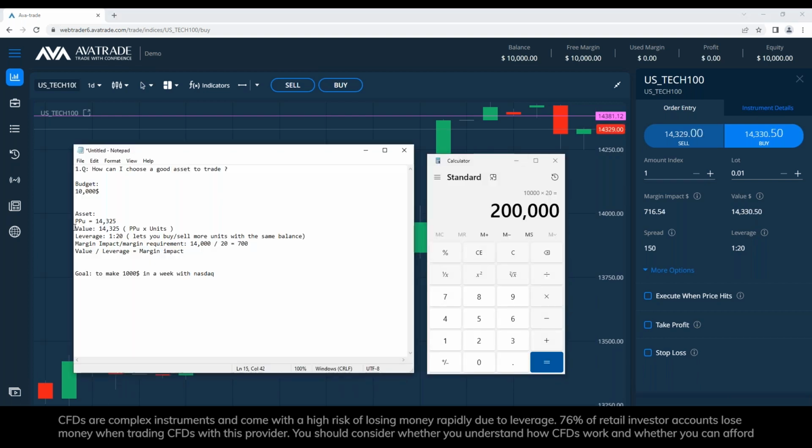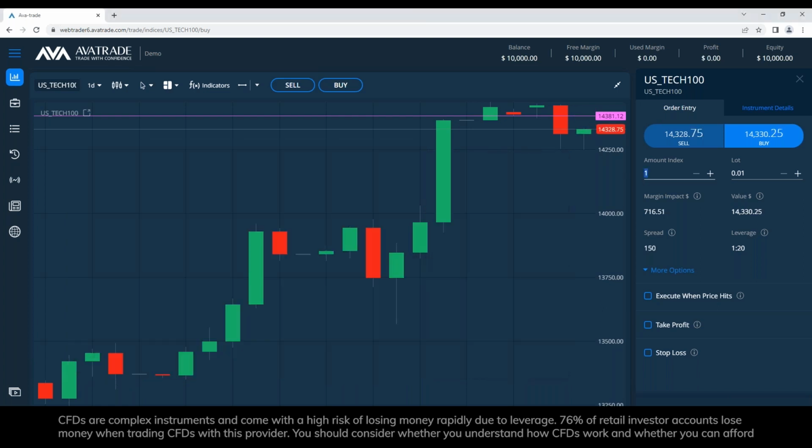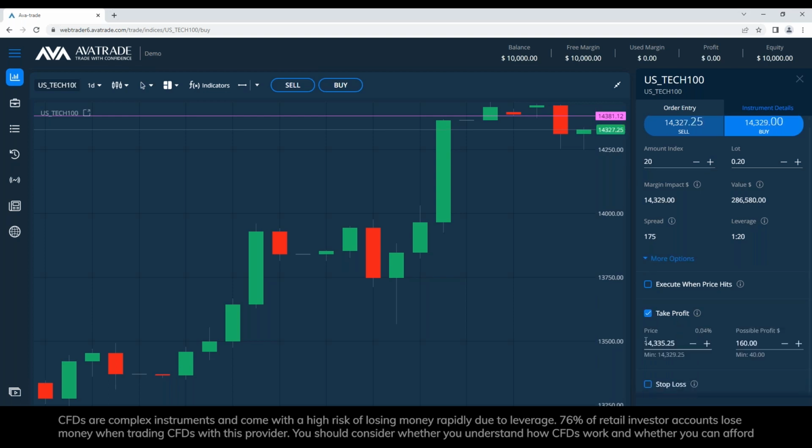And what I'm going to check besides the budget is that the asset is capable of moving this much. If it can move 50, logically I'll need 20 units. I'm going to use take profit here. In a nutshell, take profit is going to close my position with the profit if it gets there, and then I can accomplish 1,000. The problem is,